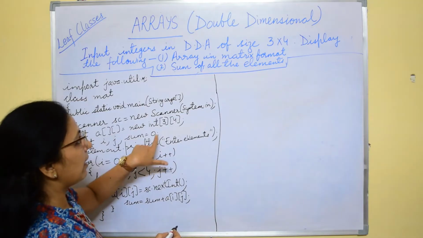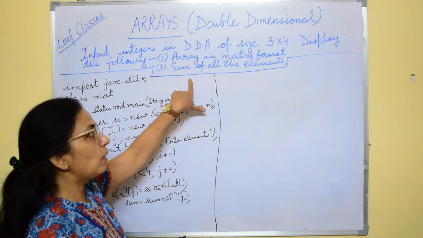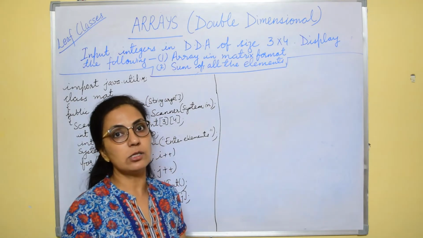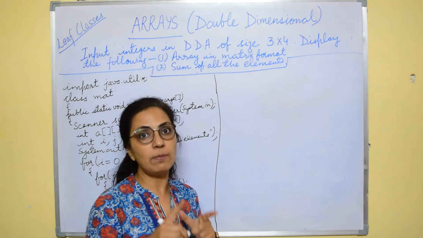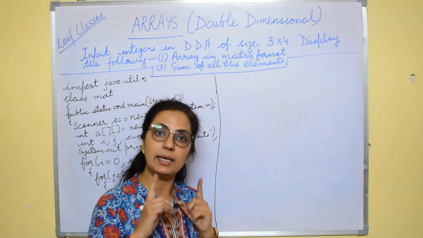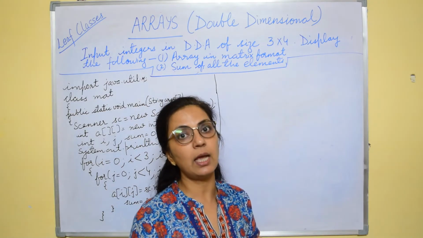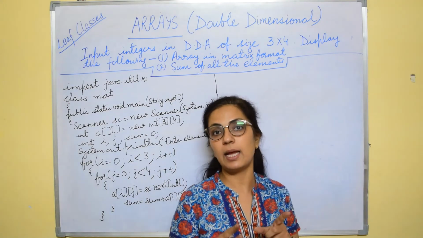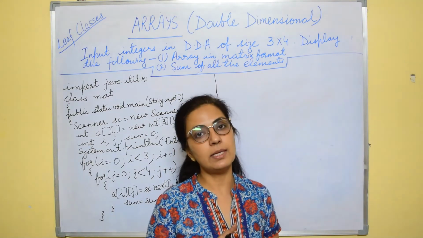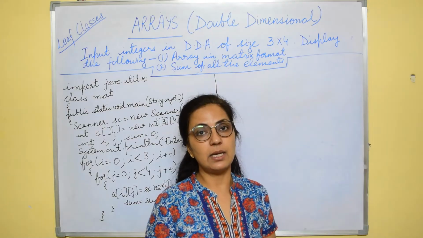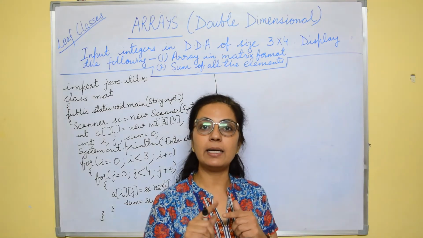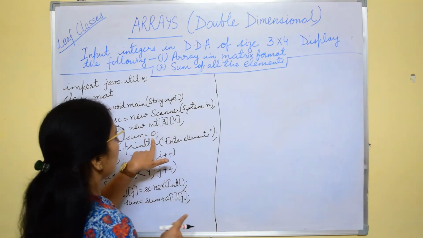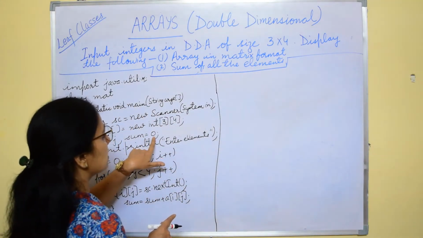This variable I have taken to calculate the sum of all the elements, and I told you earlier also, किसी भी sum को calculate करने के लिए जो variable use करेंगे उसको हमेशा 0 से initialize करेंगे, because 0 is additive identity. 0 में हम कोई भी number add करते हैं तो value change नहीं होती. That is why we are initializing the number by 0.